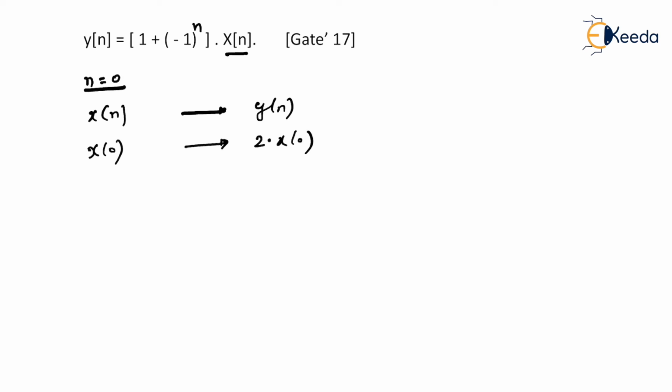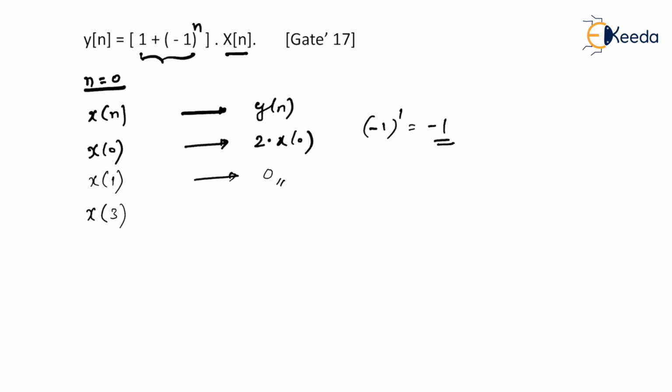Is that right? Let's say at n equal to 1, that is x of 1. At x of 1, you know that minus 1 to the power 1 will be minus 1 itself. Therefore, this difference will be equal to 0 and resulting output will be equal to 0. And I said in the last example, that is the last problem, whenever output equal to 0, then it is 100% non-inverting system or non-invertible system. Okay,